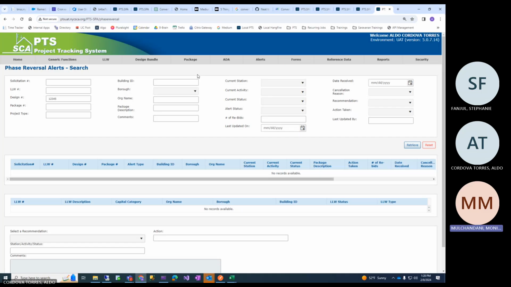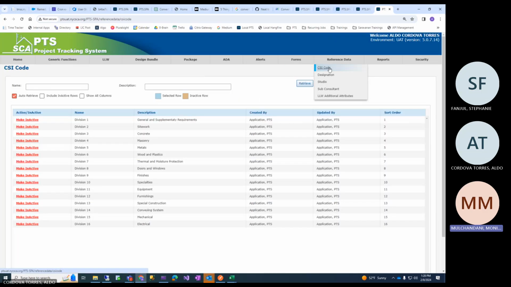And what else? Reference data. This is easy. I think everybody knows. Go to reference. Now the CSI code, I think we've done the link LLW to CSI, but these CSI codes are basically defined here.